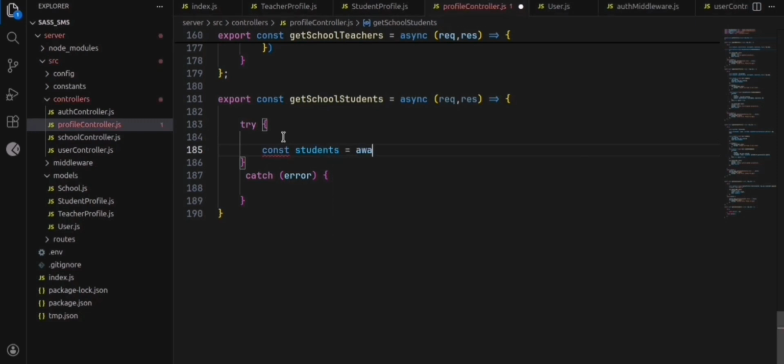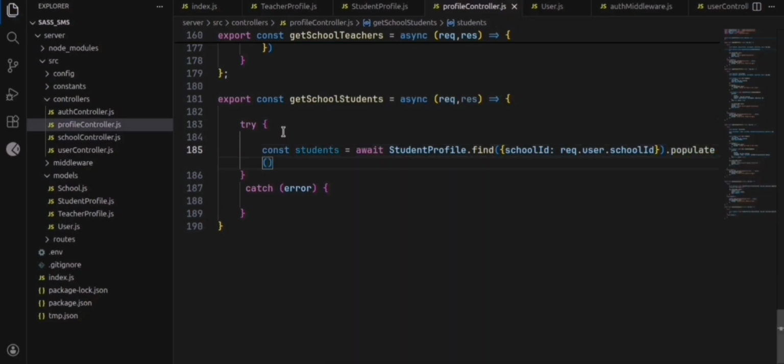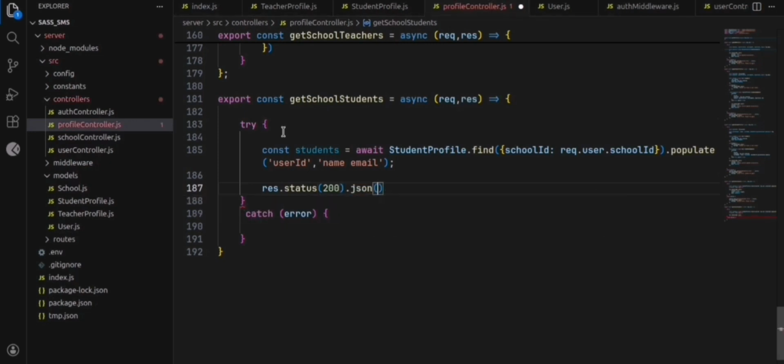Find students: const students = await StudentProfile.find, schoolId: req.user.schoolId. Populate userId, name, email. Then res.status(200).json,